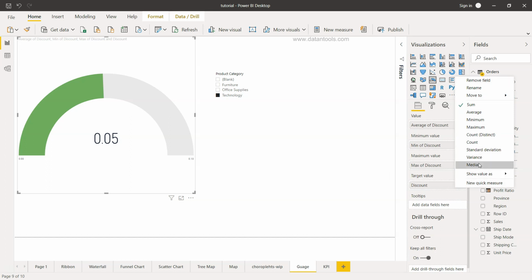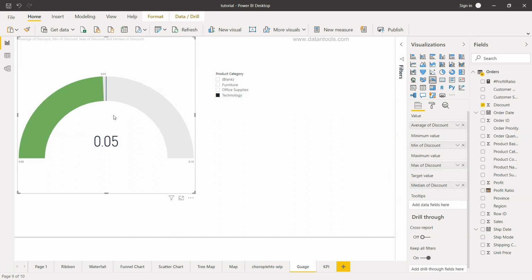So for example, if I take the median, the median is now coming over here where the median is present and where the average is, so both are close to 0.05 because both are indicators of the average. However, if in your case you have a different field which contains targets, then you can actually put it over here as an aggregated field and it will start showing it over here.